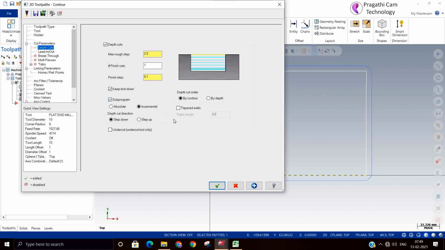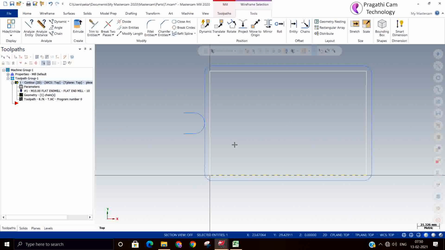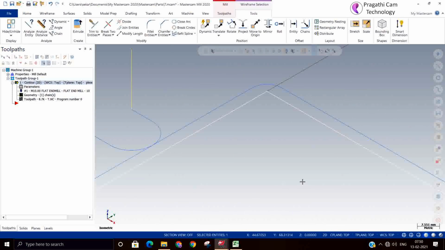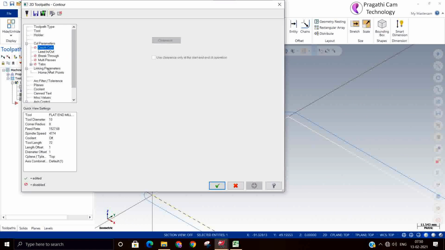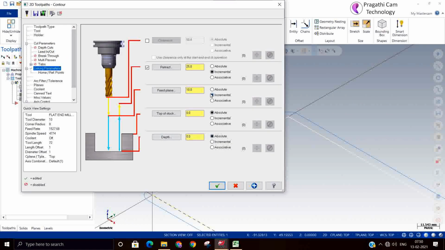A subprogram means there should be a main program. A subprogram is a small program that will be called by the main program every time. That is called the subprogram. Nowadays nobody uses subprograms, because old machines didn't have the memory capacity, so at that time they used subprograms for programming.